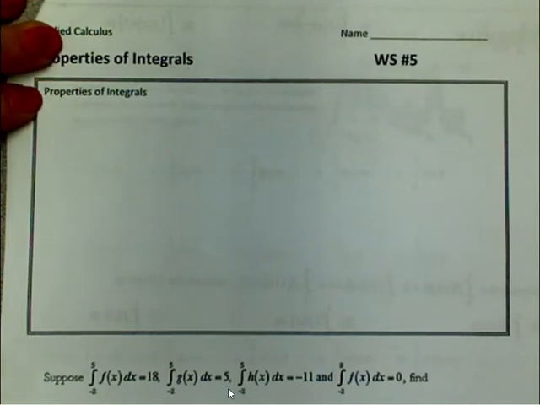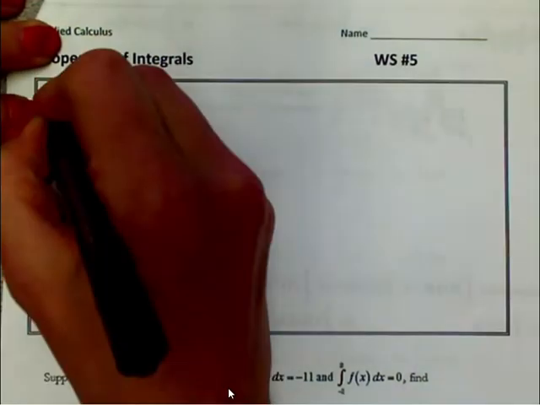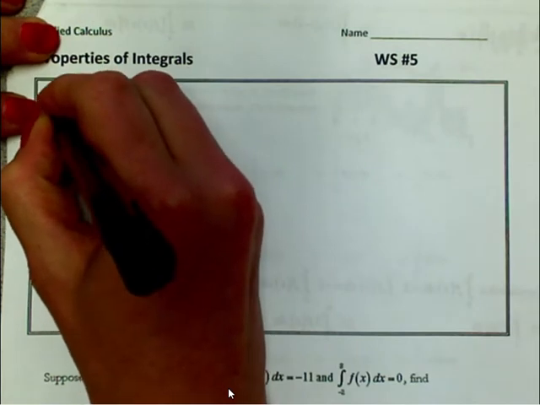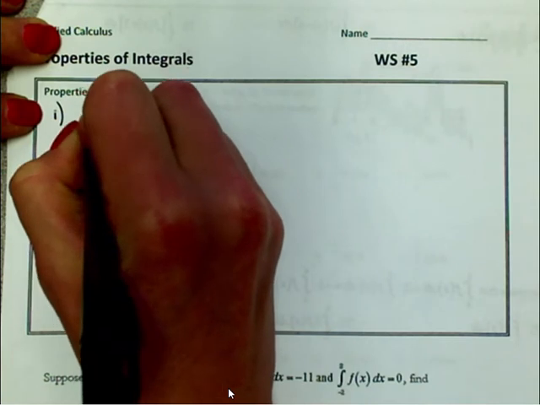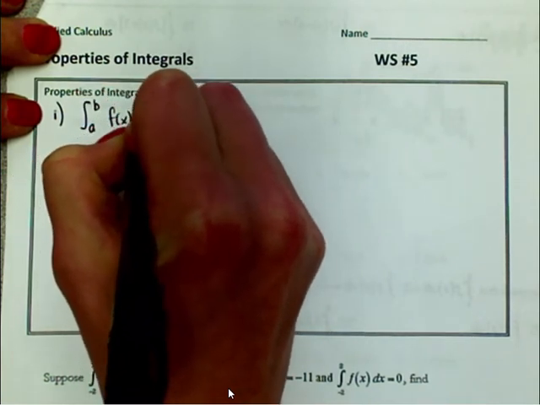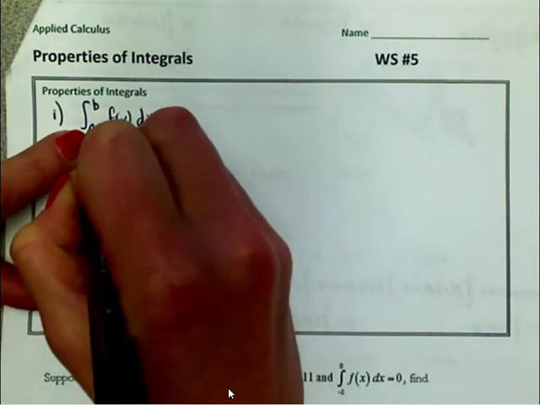Okay, we're going to go ahead and look at properties of integrals. So we have 5 different ones that we're going to write down. First one, from a to b, f of x dx. So that's the area under the curve from a to b